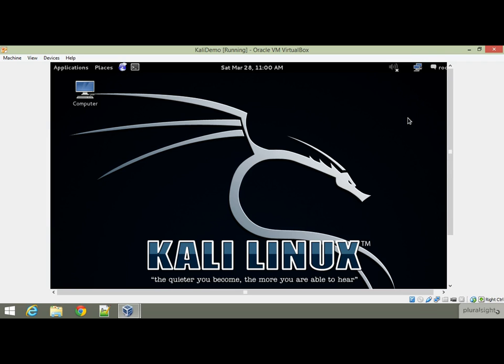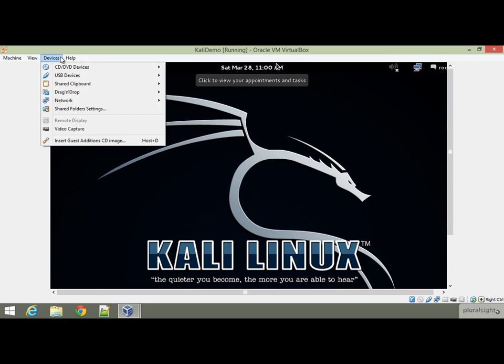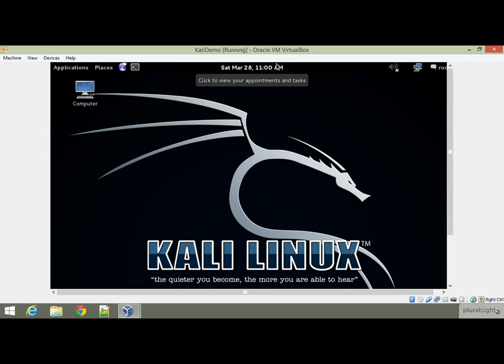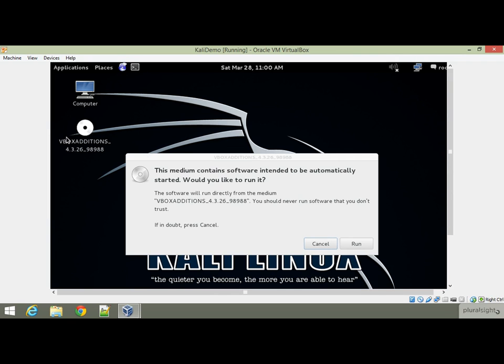Let's give it a shot. First, click on the Devices menu, then select the Insert Guest Additions CD image. Next, click on the Run button,